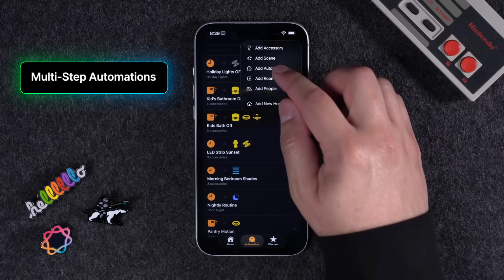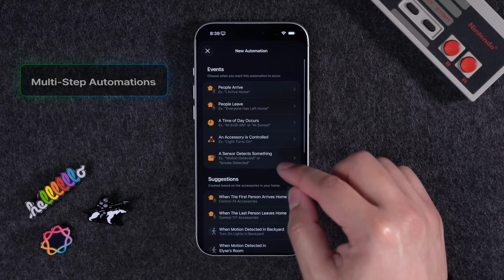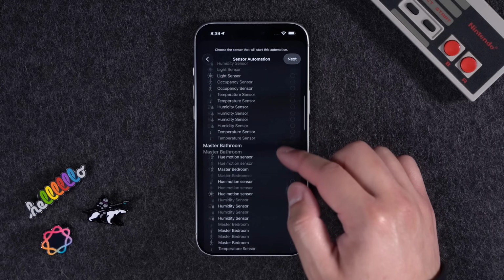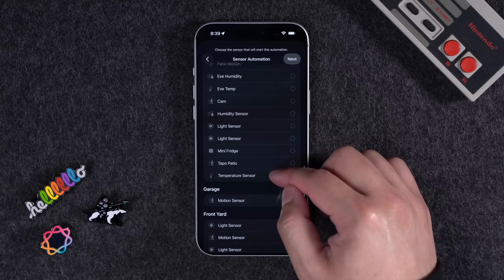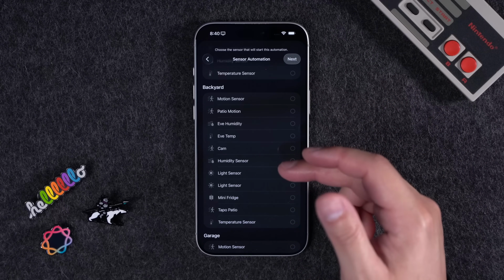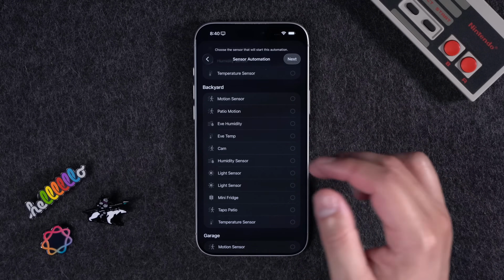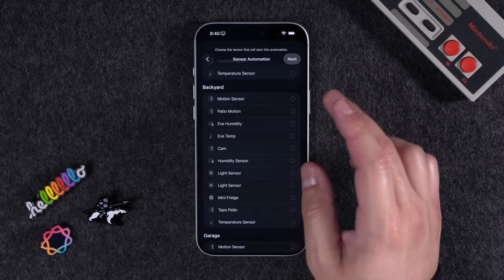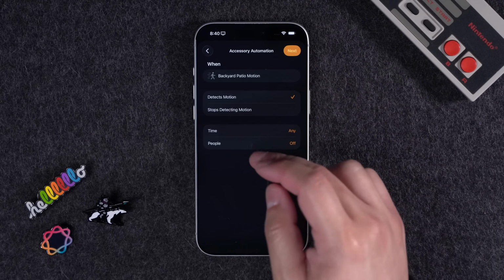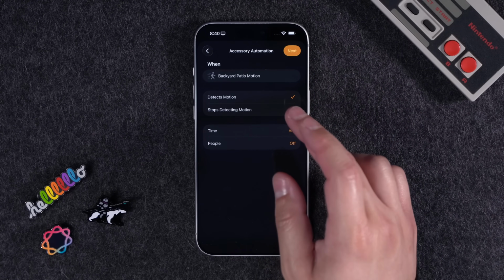I'm going to add another automation here in the Home app, and this time I'm going to choose when a sensor detects something. Here I'm going to go down to my backyard devices, and you see I have multiple sensors. I do have a HomePod Mini out on the patio, so that's the humidity sensor. It's also a temperature sensor, but I also have a dedicated Eve motion sensor, and I believe I call that patio motion. So I'm going to choose that sensor, and I'm going to say when it detects motion, but this time